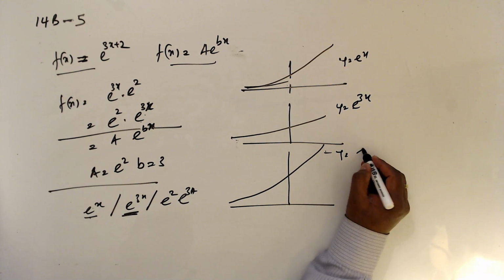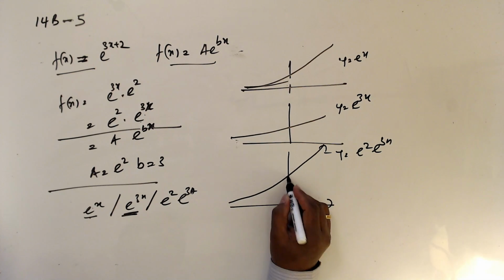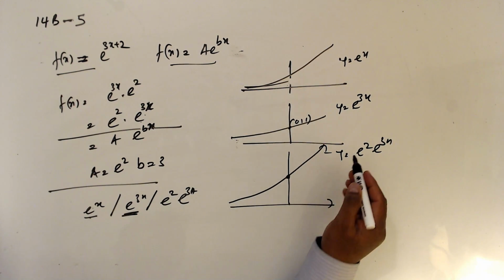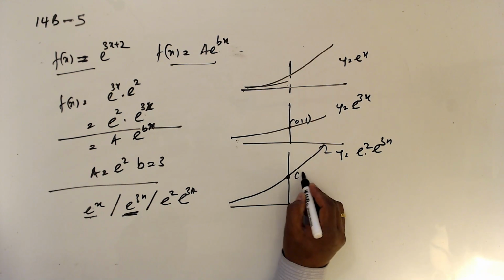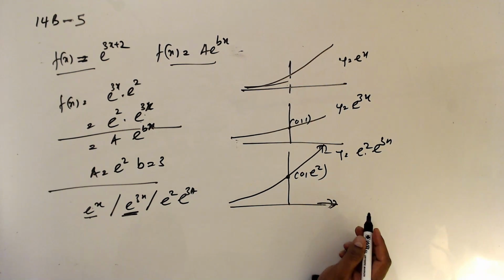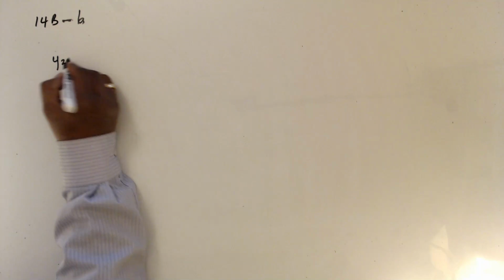y equals e², e^(3x). This is 0, 1, so that one times e², so this is 0·e². So y equals